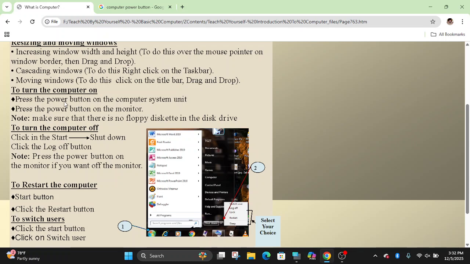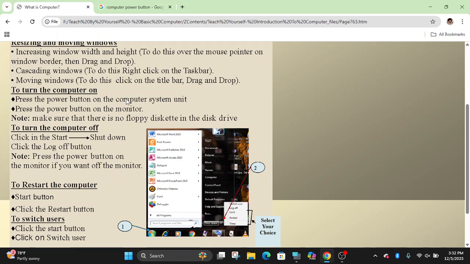The computer differs from other electronic devices. It has its own way of starting and shutting down. First, to turn the computer on, press the power button on the computer system unit. There is a system unit and there is a monitor or the screen. Desktop computers have detachable parts.